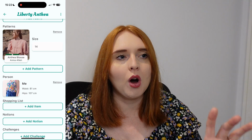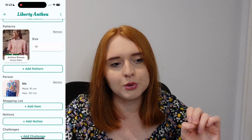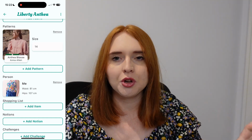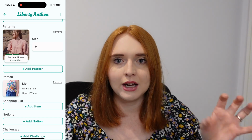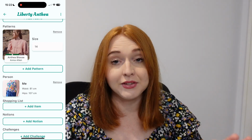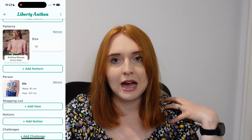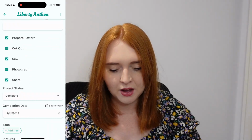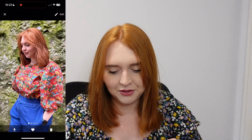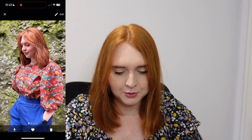And then the other one I actually donated because it was in quite a thick quilting cotton, and also I didn't feel super comfortable in the colour. It was like a peachy sort of colour. But anyway, it's a really easy pattern to sew up, the Anthea blouse, but it does have impact with those big sleeves. So this is my Liberty Anthea blouse, and I was really pleased with it,